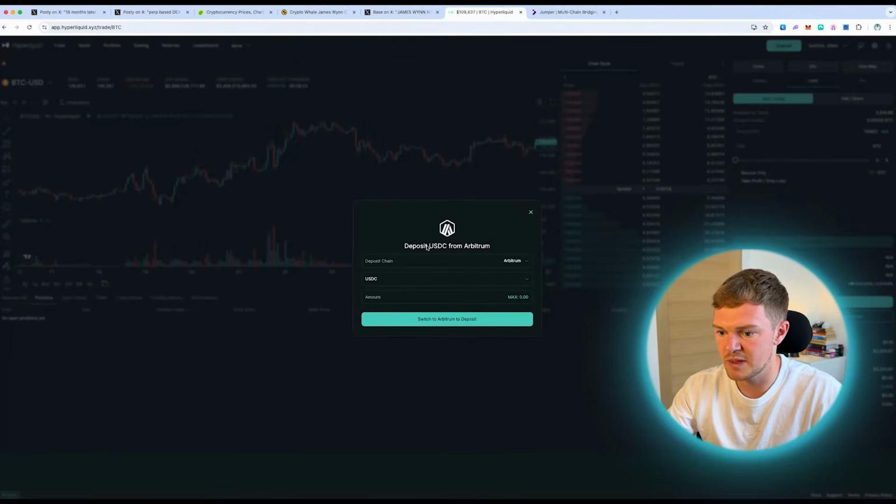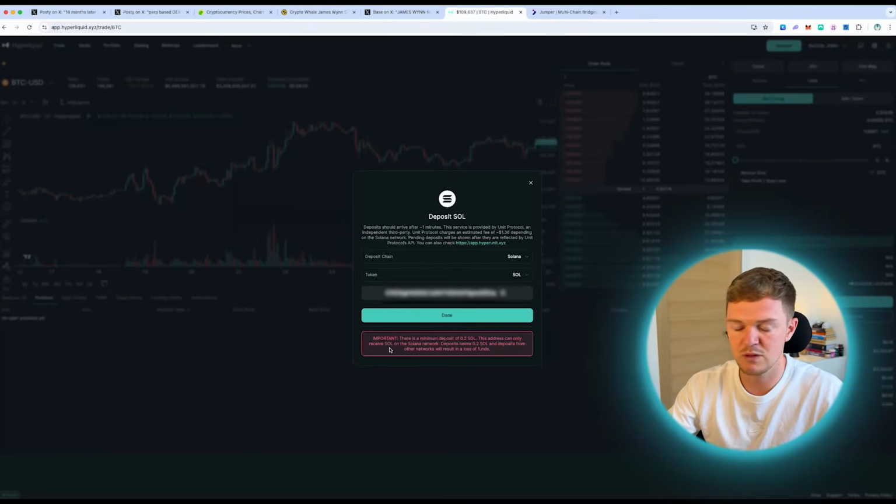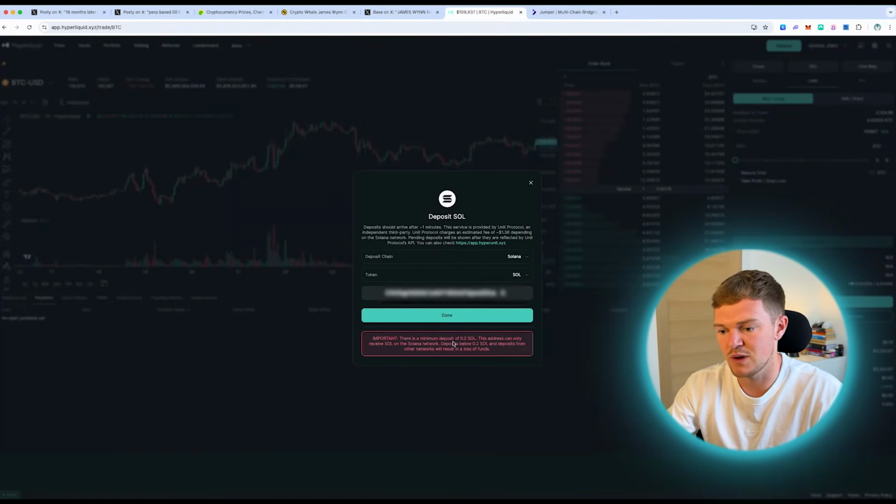So going back again from the beginning, deposit on Solana. Now you have a Solana wallet rather than an Ethereum wallet. And again, just read the important notice here. Minimum amount of 0.2 Sol, and it can only receive Sol. So same situation again. Don't send USDC, don't send USDT, don't send anything else apart from Solana, otherwise your funds